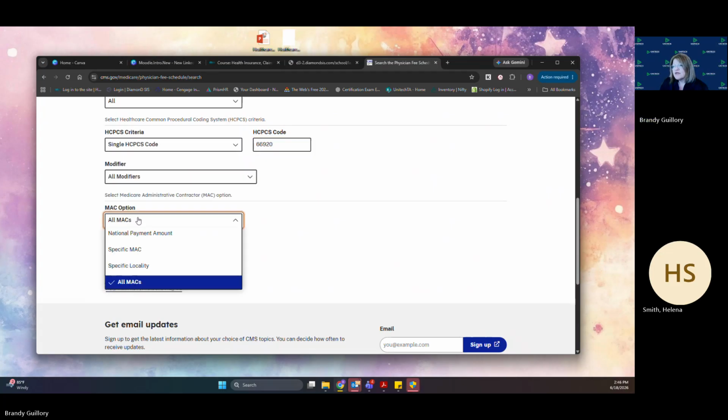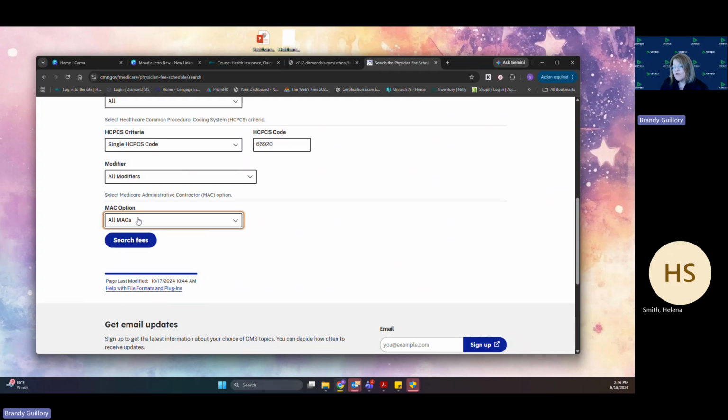So here's the deal. If you leave it on all MACs, even if you're just doing the one CPT code, it is going to list every MAC in the United States. You're going to get like 11 to 12 pages of results from one CPT code. If you use all MACs, you've got to narrow it down to Louisiana. And pro tip,